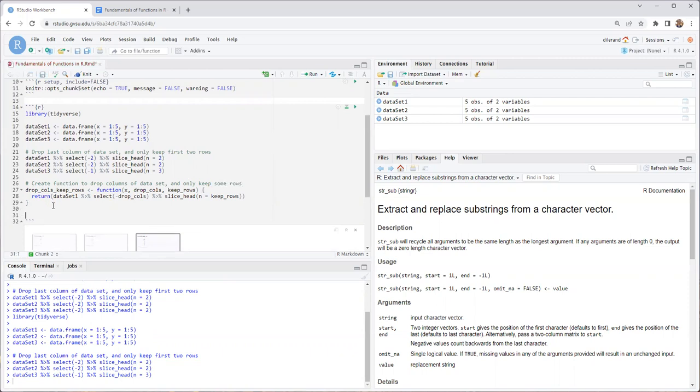And then instead of copying and pasting this code, we can apply this function to the data sets here. Keep rows equals